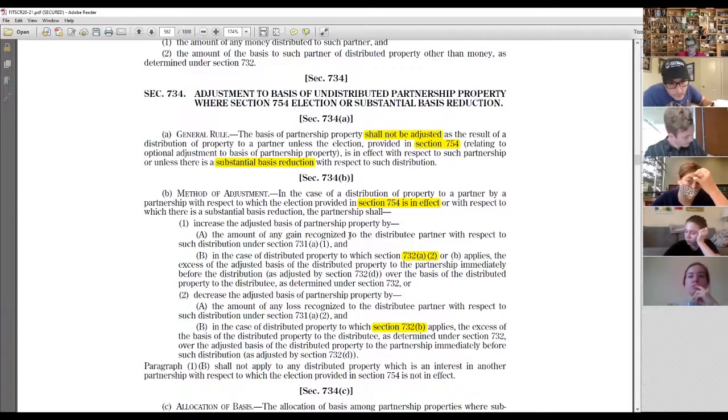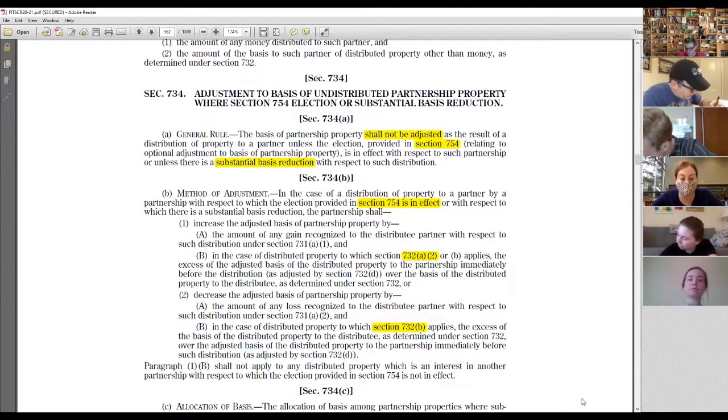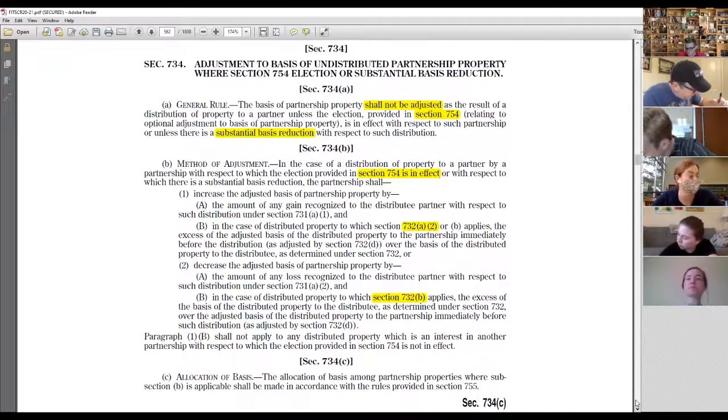We increase the adjusted basis of partnership property by the excess of the adjusted basis of the distributed property to the partnership, that's 90, over the basis of distributed property to the distributee, that's 70. So 90 over 70 is 20. So we increase the inside basis of partnership property by 20. The next question is going to be, how do we allocate the basis increase? 734C says go to 755. 755 itself doesn't tell you much, so you have to go back to that 755 reg,